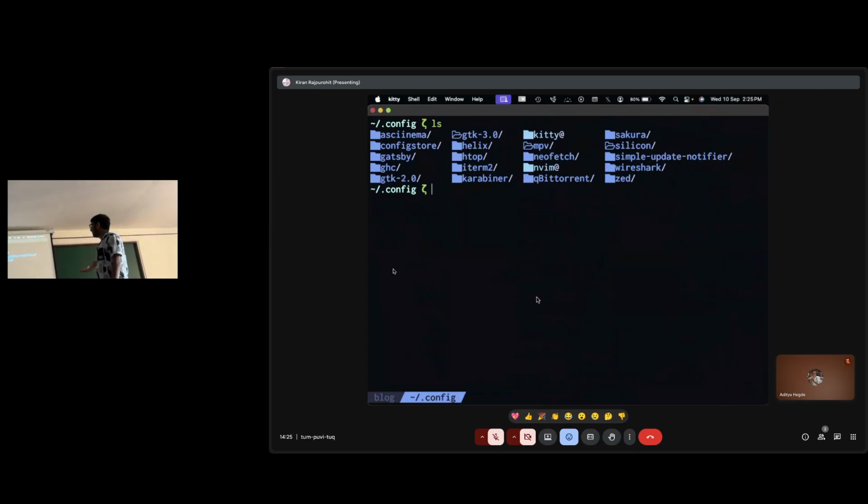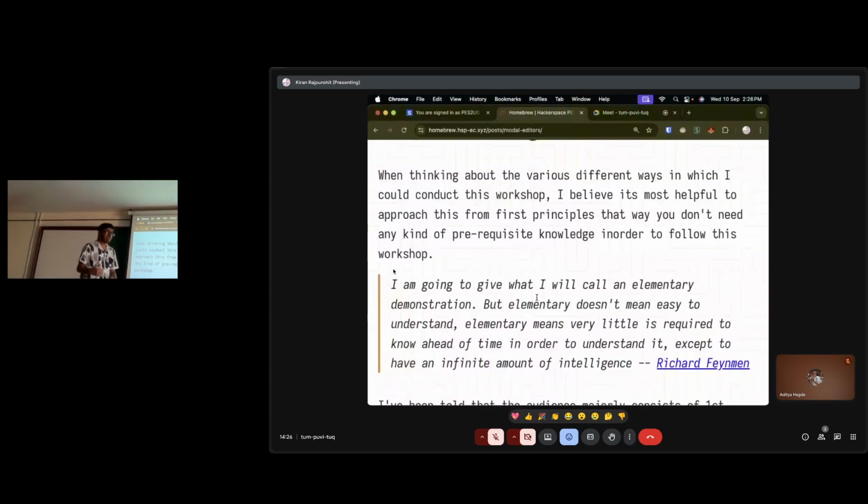Alright, so today I'm going to take a workshop on Modal Editors. How many of you are first years? And how many of you are programming for the first time in your life? Okay, so first years, but you do have programming experience. The way I envisioned this workshop was for folks who don't have enough programming experience.